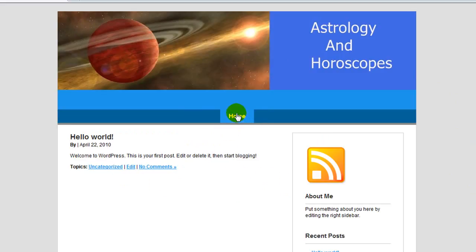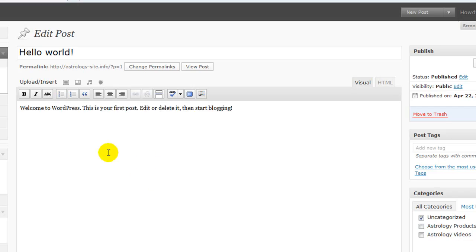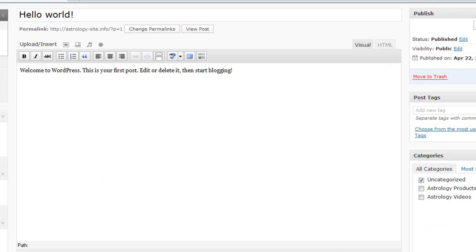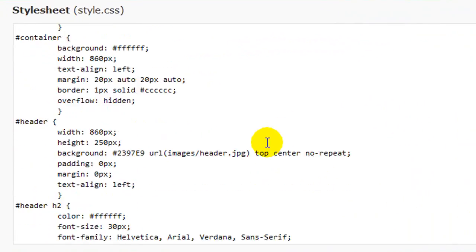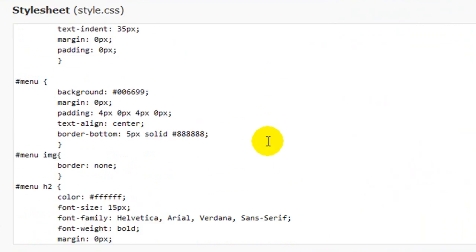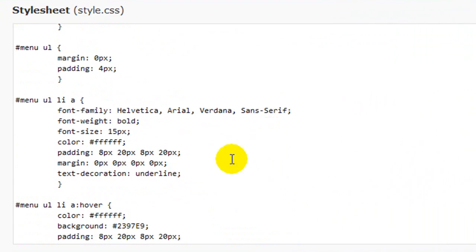And we're going to do one other thing. We're going to get rid of this menu selection up here for our pages, because we're going to do a menu down the side with all our links, and that's going to be in that same file. So appearance, editor, and Cascade style sheet again. On this particular theme it is going to be down here in menu ul li a,